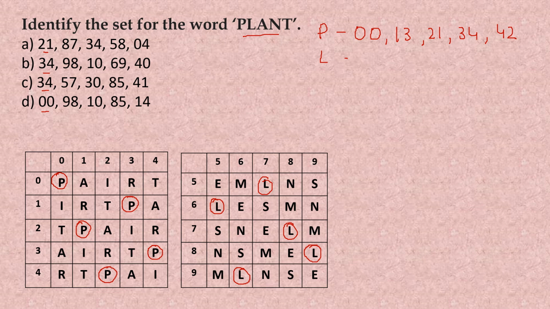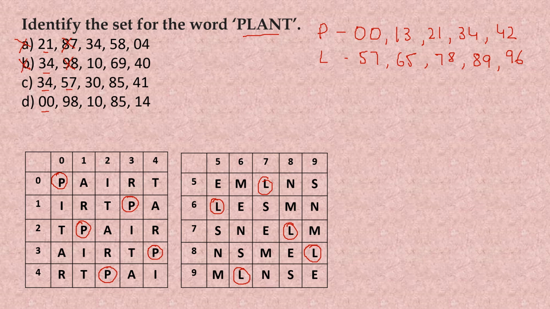So for the first value, we have 57. For the second value, we have 65. For the third value, we have 78. The fourth value gives us 89. And the fifth value gives us 96. Now let us check. 87, it's not there. So the option A gets ruled out here. 98, again not present. So the second option is also ruled out.